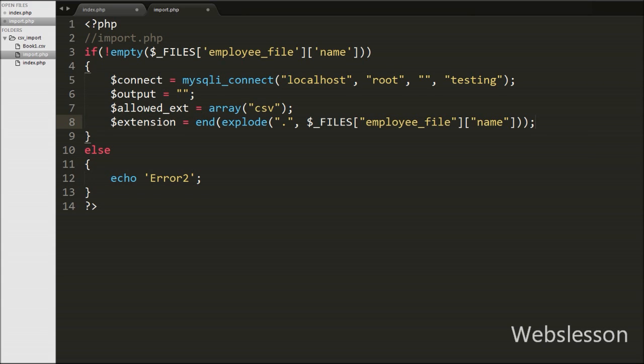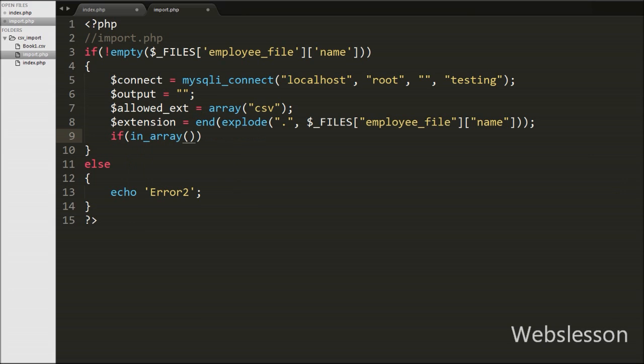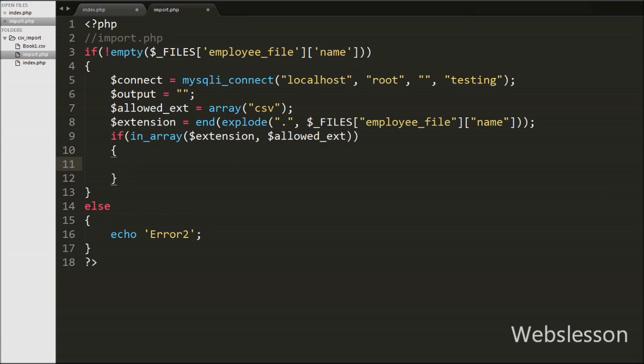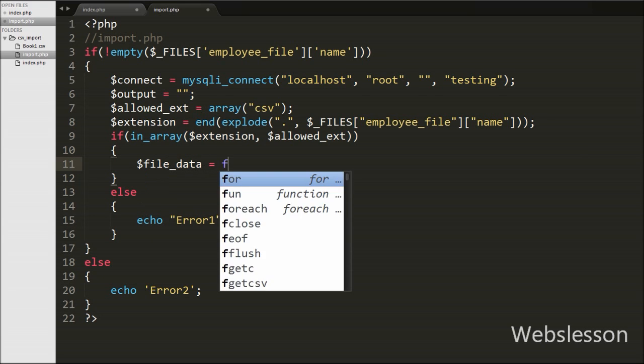Now we want to check whether the selected file extension is CSV or not. So for this we have written an if statement with a condition, and in the condition we have written the in_array function with two arguments. In the first argument we have written the $extension variable, and in the second argument we have written $allowed_extension. This will check whether the selected file extension is available in the $allowed_extension variable or not. If the extension is not defined in $allowed_extension, then it will execute the else block of code, and in this block we have written an echo statement with text like error 1. But if the selected file extension is available in the $allowed_extension variable, then it will execute the if block of code, and